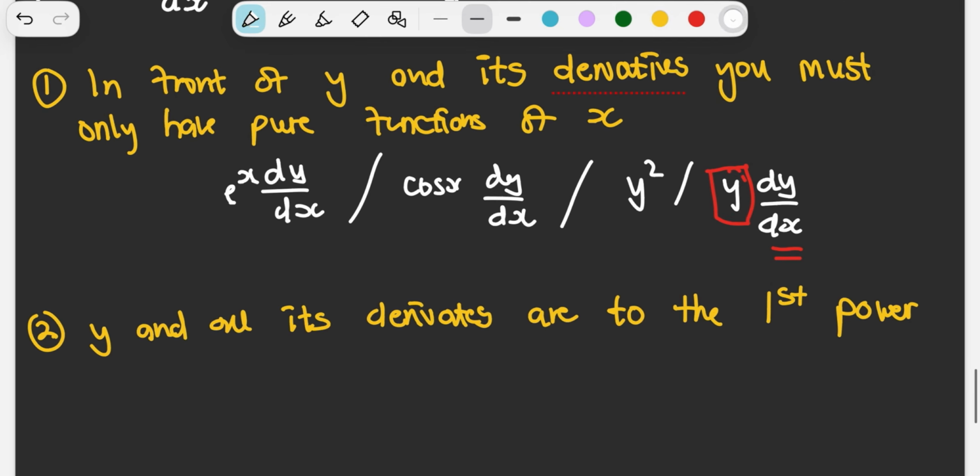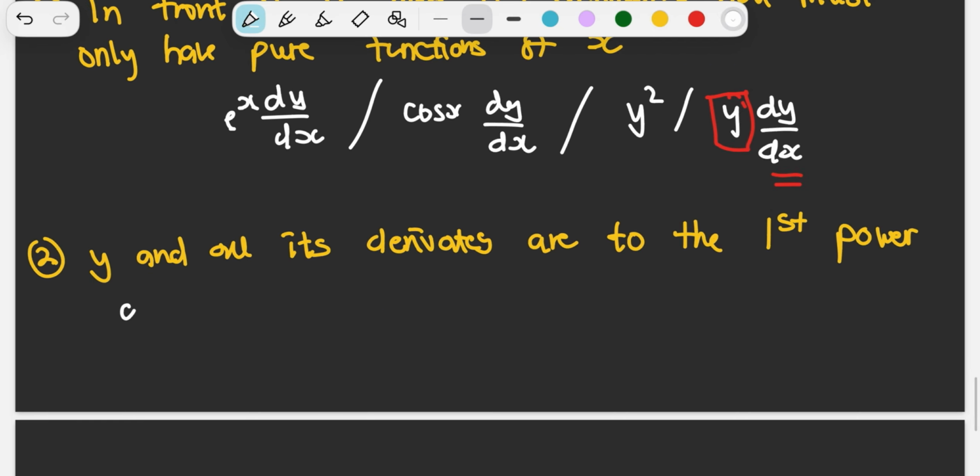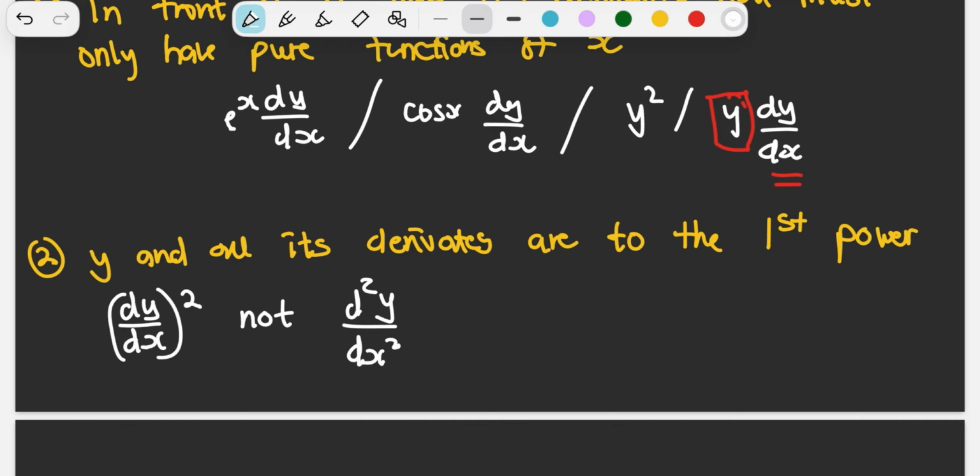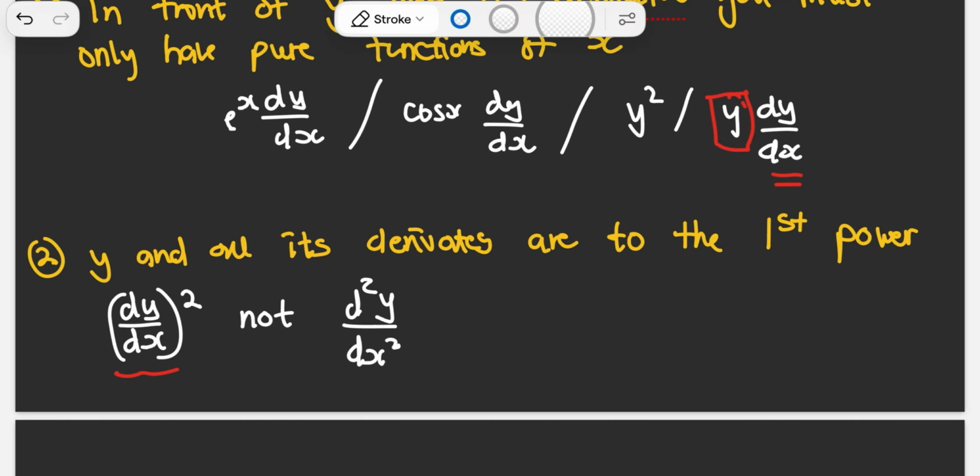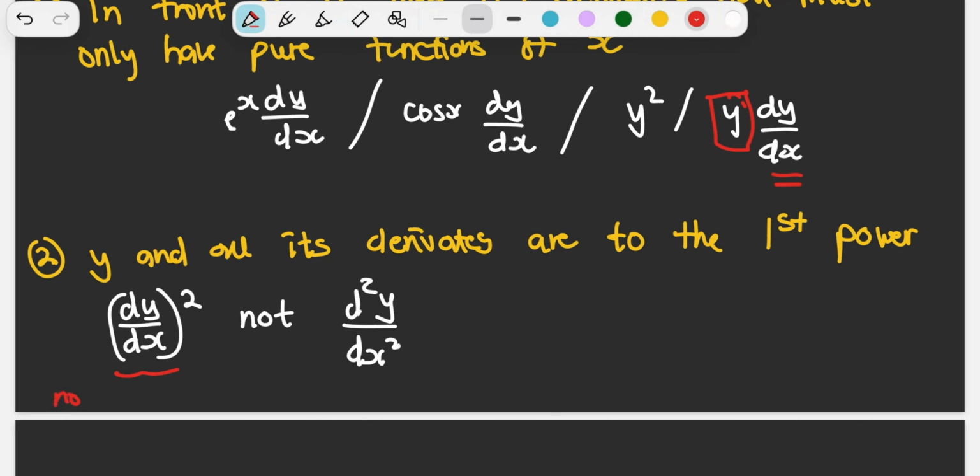And this is very important, very easy to see. So for example, if you have (dy/dx)^2, right? Remember, this is not d²y/dx². These are completely different things. This is second order. This is first order squared. Okay, so if this is present in your equation, you can now tell that, oh, my equation is non-linear because